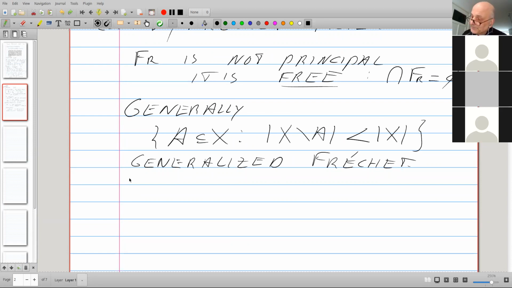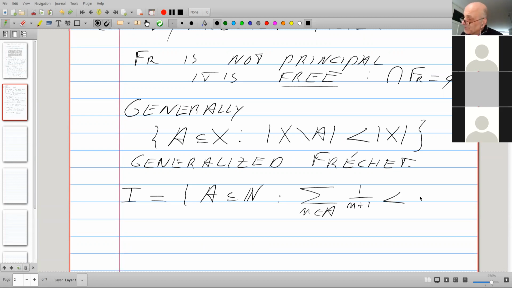Here is one. I'm not writing it down because we're going to be using it a lot, but for example, take all subsets of natural numbers. Okay, the natural numbers include 0, so I have to do this.